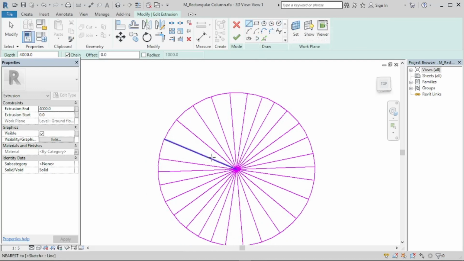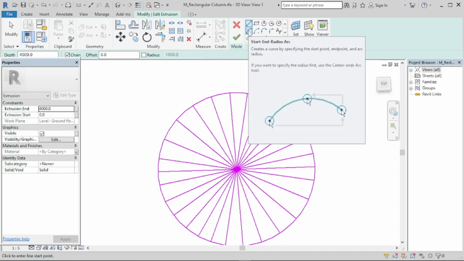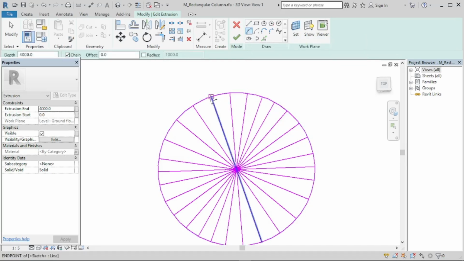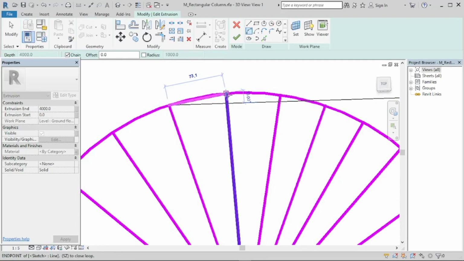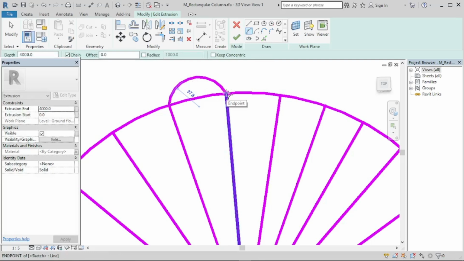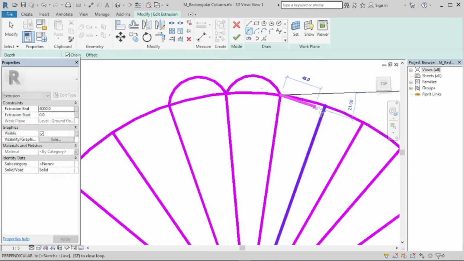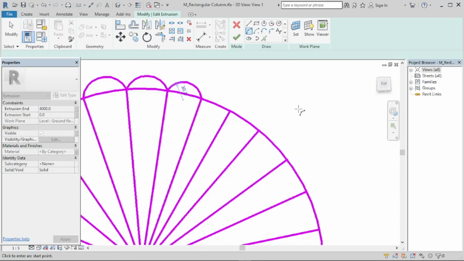Now we've got the numerous segments. We want to make arcs around each segment, and you do that by clicking on this start and reduce arc. When you click on that, you come down to one point of the segment and click on it, and click on the next point, which is this, and draw it out. And now we have this arc represented there. So now we do that for the next one also. We come here, click on this, draw it out, click on this, draw it out, and